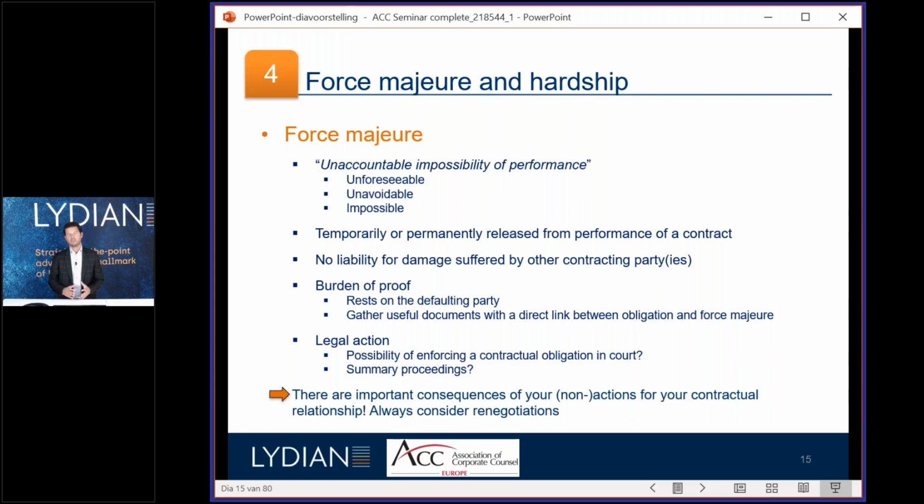But in practice, we see that most of the clauses in the agreements which were in place before COVID-19 were quite short, or there was no clause, and they did not address the consequences. They were not quite clear about it. And then we assisted our clients, and we had two options. We could opt for legal action, but if you want to go to court in March and April, even in summary proceedings, not sure whether you could even go to court and even obtain a judgment on the short term. And there's also the commercial relation, that you don't want to blow up everything with your commercial partner.